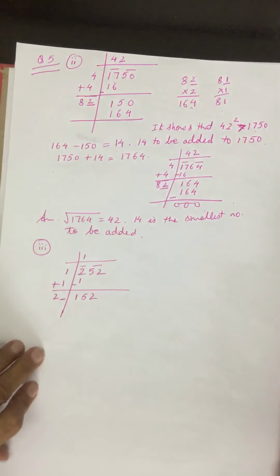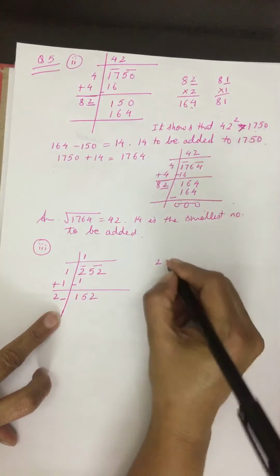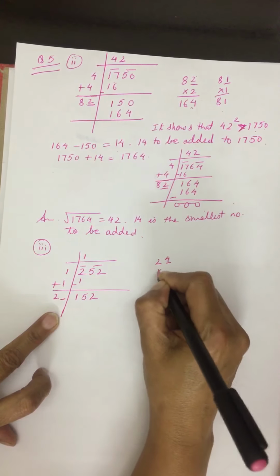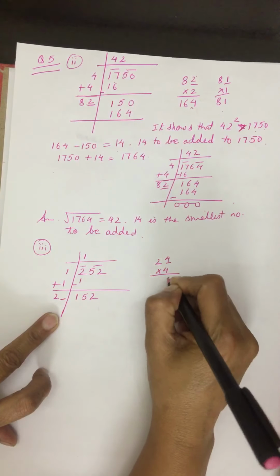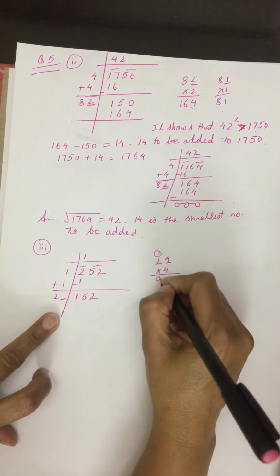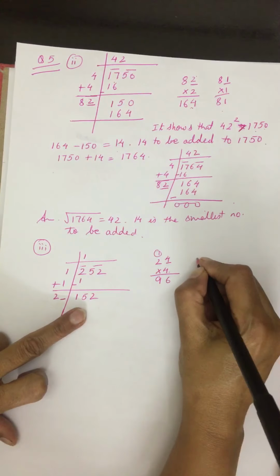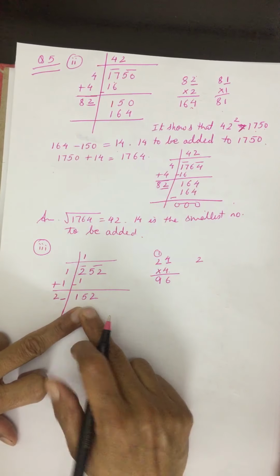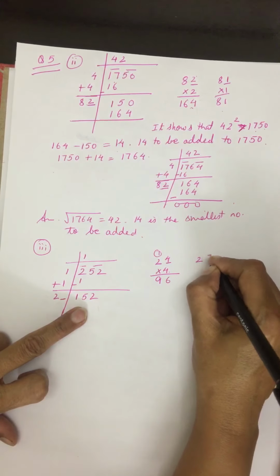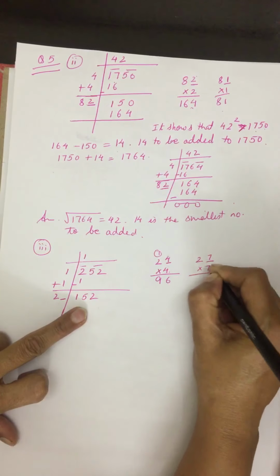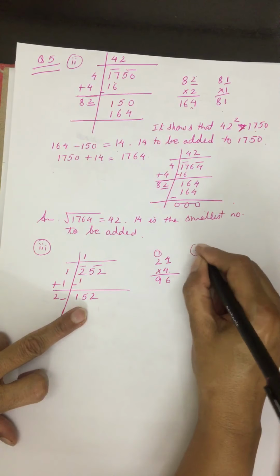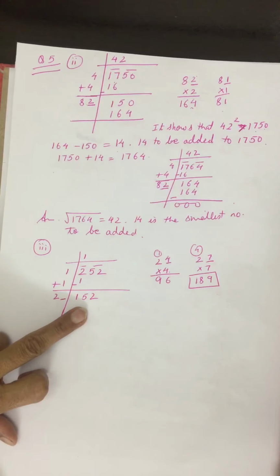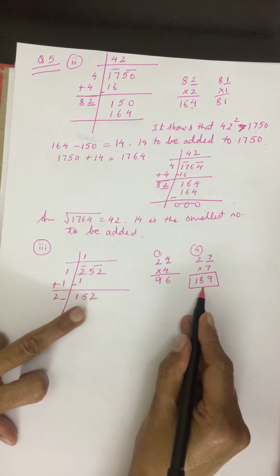Put a blank over here. Now let us see which number I should put over here. Let us try with 4. 4 4s are 16. 4 2s are 8 plus 1, 9. It's very small. It should be bigger than 152. So let us try with 7. Okay. 7 7s are 49. 7 2s are 14 plus 4, 18. 189. But maybe the difference is more.